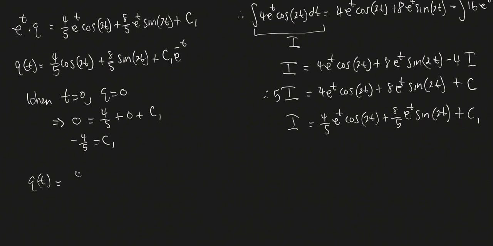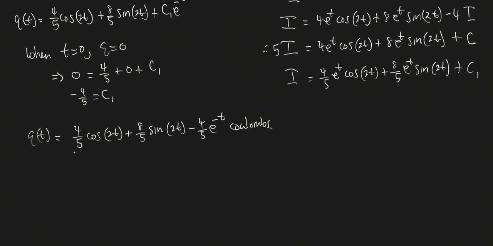So here now is my charge function as a function of time. So it is 4/5 cosine of 2t plus 8/5 sine of 2t minus 4/5 e to the negative t, and then this would be coulombs, right? So that's our charge, and that's fine, right? I mean, you could analyze this function, you could talk about maximum charge or things like that if you wanted,